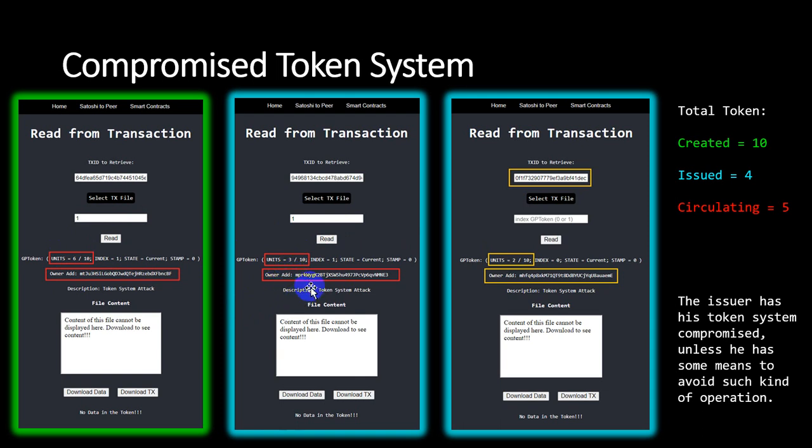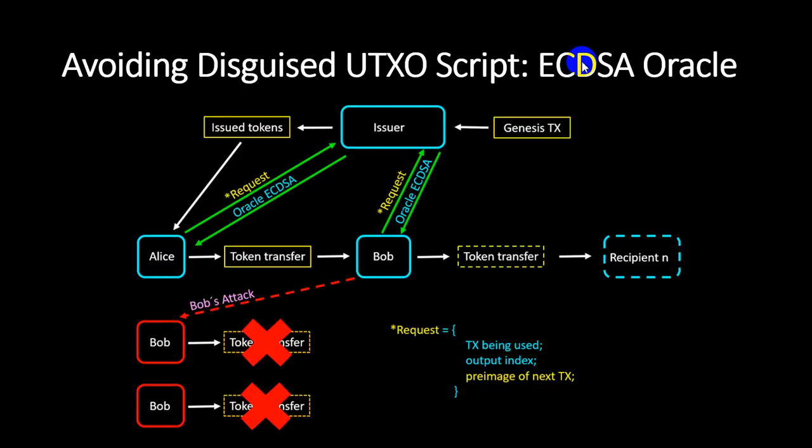Alice has 3 units. Bob now has 2 units. The issuer created 10 units. He issued 4 units, and now we have 5 units circulating, and the token system is compromised. Now to tackle this issue, we